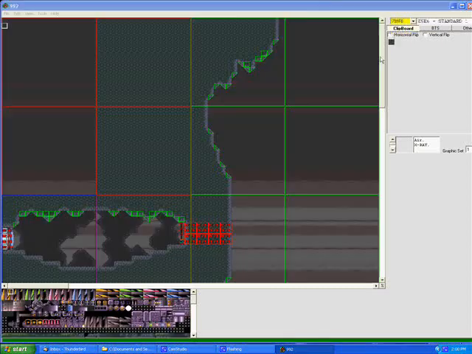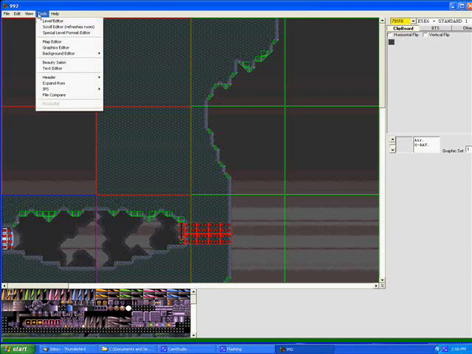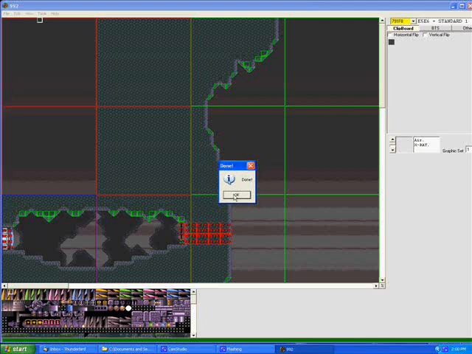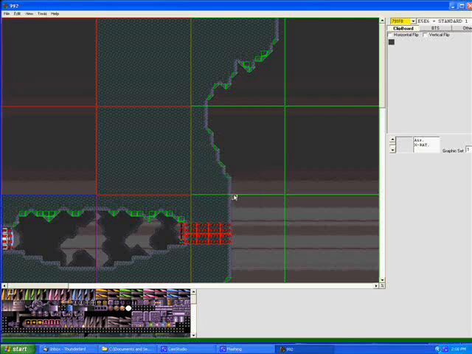Very easy to do, just open any room in Smile. Just open up the landing site here. And now all you have to do is go to Tools, to Header, Remove Header. It tells you not to do it if you're not sure what you're doing, just go ahead and click Yes, it'll be done. All that is the 200 bytes that are in the beginning of the ROM that is added, which